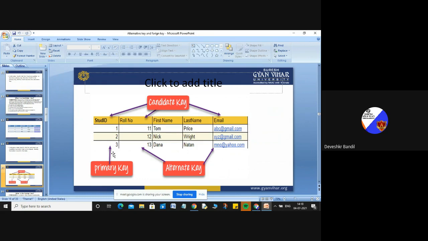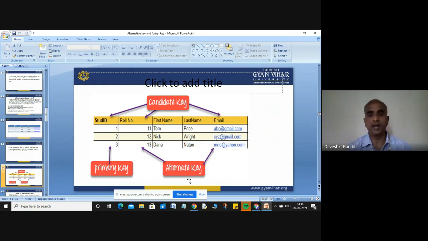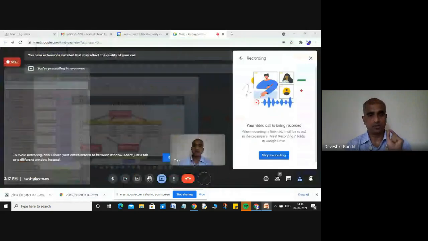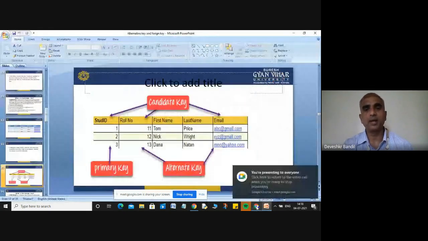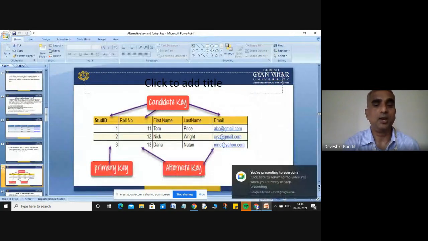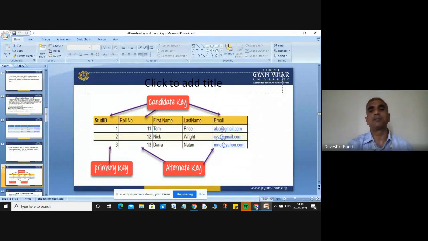Every student has a unique mail ID. So in this given table, your candidate keys are student ID, roll number, and email. Your primary key is student ID, and your alternative keys are roll number and email, as I discussed in my previous slide.